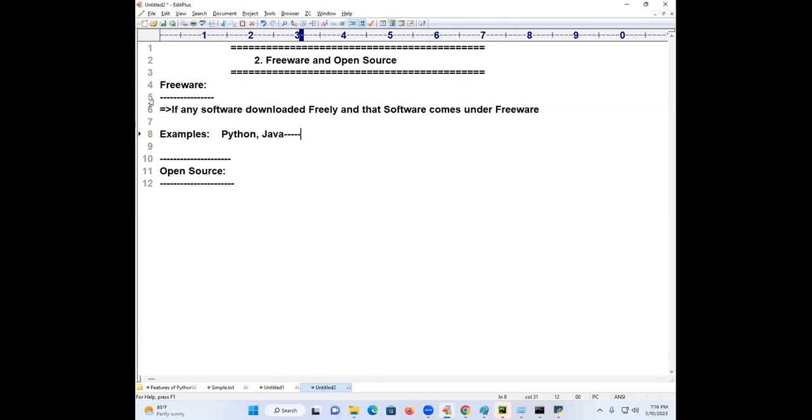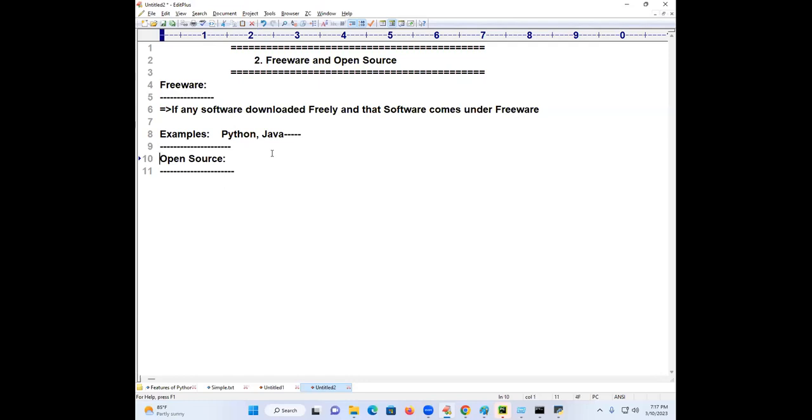In the middle of the classes, what is the freeware importance? What is the licensed software? How are the companies getting the money when they are giving freeware? I'll explain with a small article-like explanation for you. Right now, don't worry. Is Python freeware or licensed software? Freeware, because we are downloading freely.